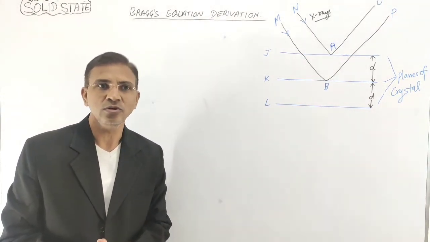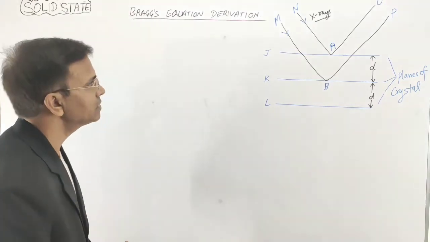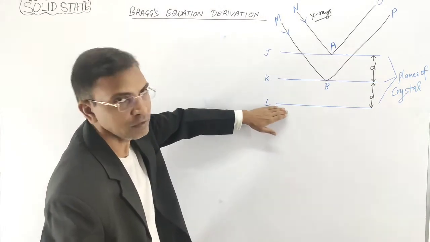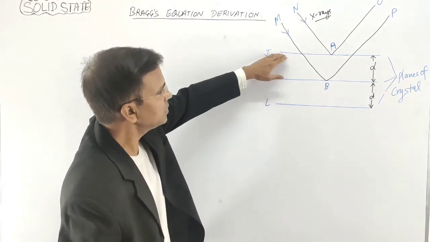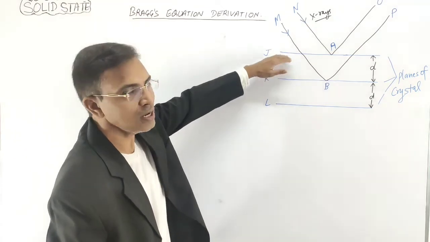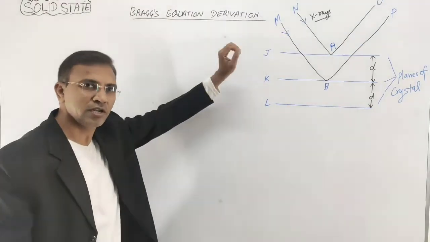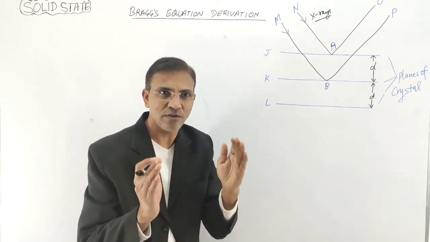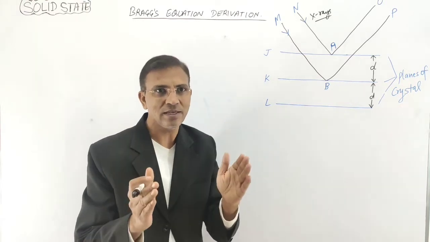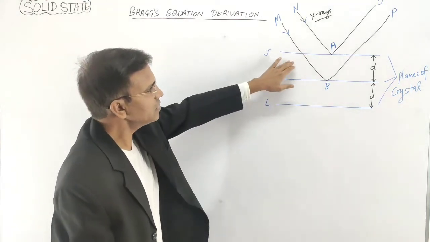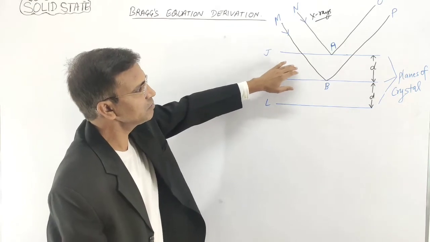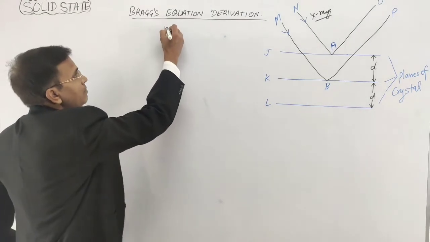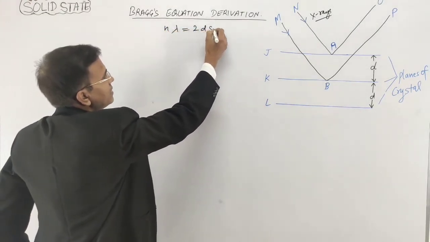Now next point, here is more about the Bragg's equation: how n lambda is equal to 2d sin theta comes out. Suppose this is the crystal lattice and these are the faces of the crystal lattice. These are the parallel planes of the crystal lattice, because in Bragg's equation the X-ray diffraction method is used to measure the distance between the two parallel planes in the crystal lattice. So the distance between them is measured with the help of n lambda is equal to 2d sin theta. This is the Bragg's equation.